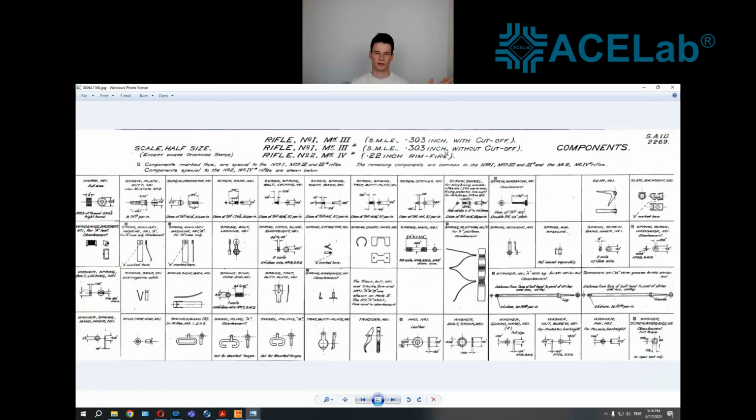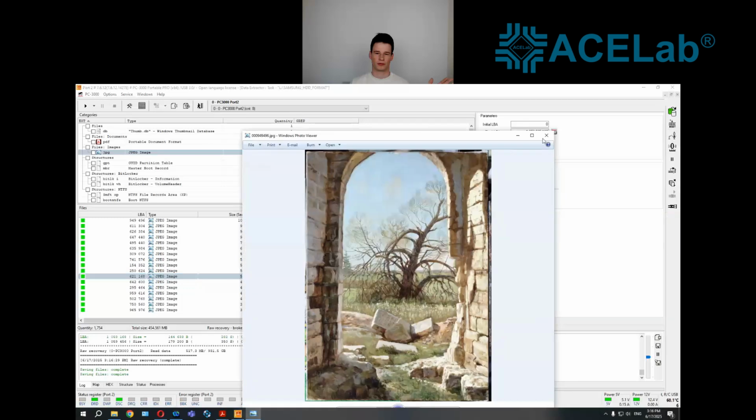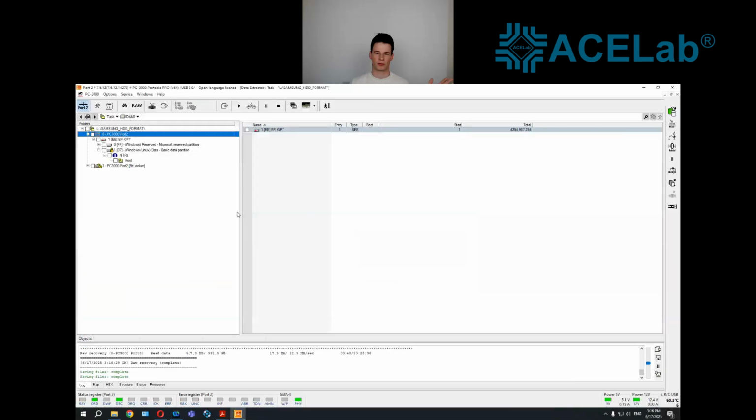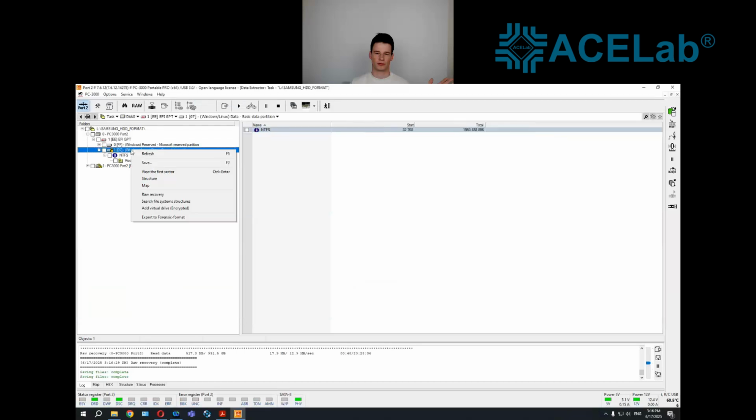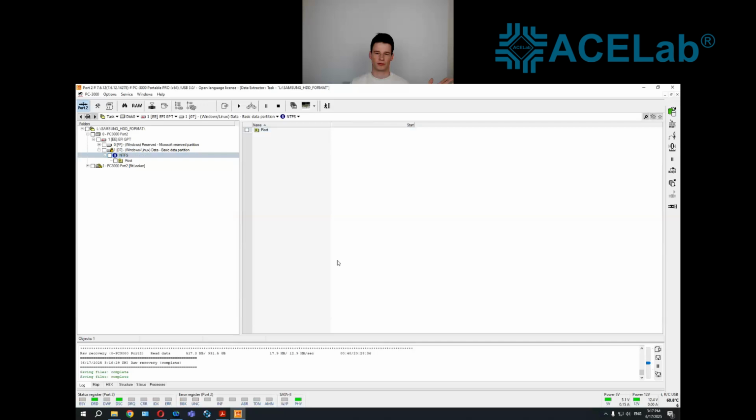If you want to do complete data recovery with file structure and so on, you need to execute disk analysis, you need to search for metadata, search for the file structures, and so on. As I said, it's not that difficult, it's not that challenging. You can work with different maps, different partition analysis, and therefore proceed working with the case and recover the full data, especially